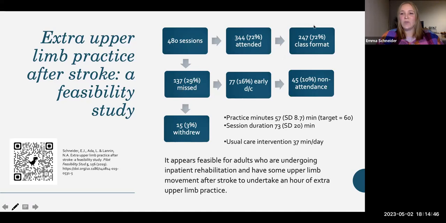But you'll also notice that the majority were actually delivered in a class format. Now, that was not the intention initially, but it soon became apparent that was going to be the only way to feasibly deliver that practice. Often people weren't available during the normal working day. They were already engaged in therapy, or they were getting ready, engaged in ADL tasks like getting showered, getting dressed, eating, or they were visiting with their family, or attending other appointments or speaking to other rehabilitation staff.